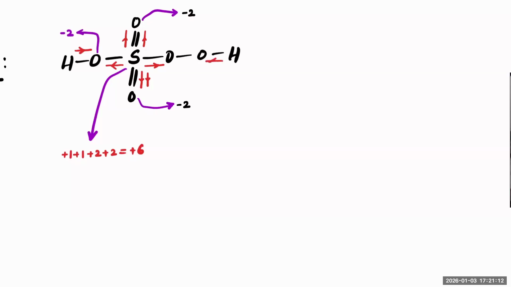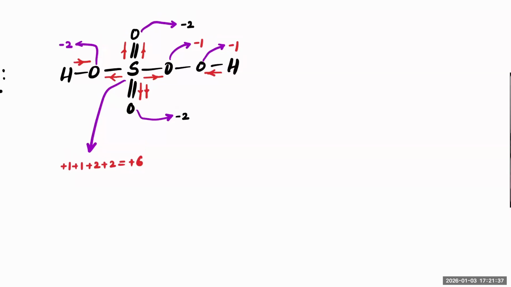Here this one is gaining 1 electron. But the problem between these two is they fight whatever may be, but they will not lose or gain anything in between them. That's why this oxygen is only gaining minus 1 charge. This one is also gaining only minus 1 charge. So you'll have minus 1 and minus 1. Correct? So which means in H2SO5,